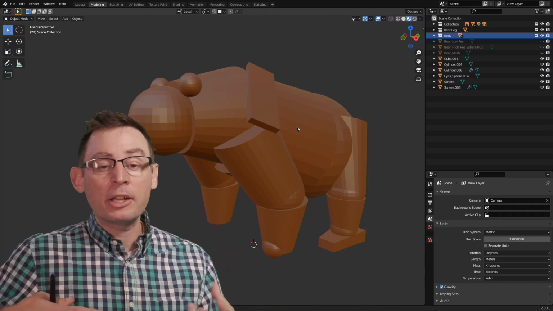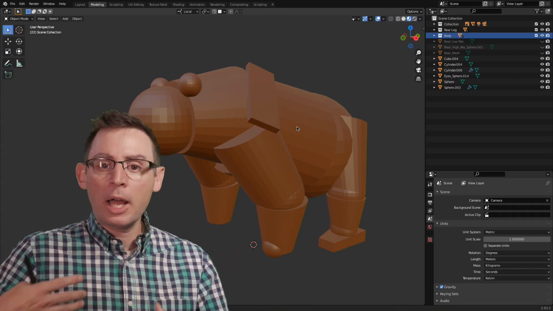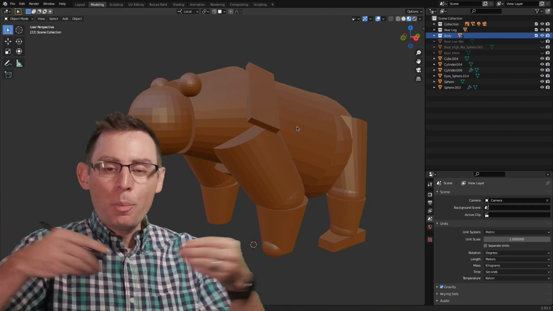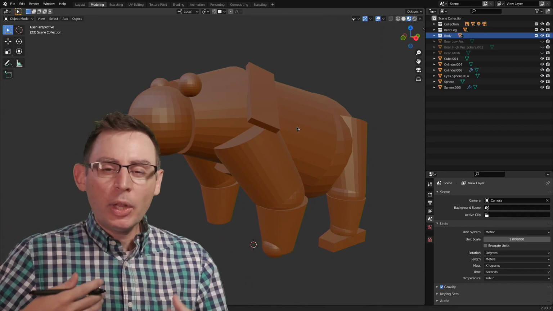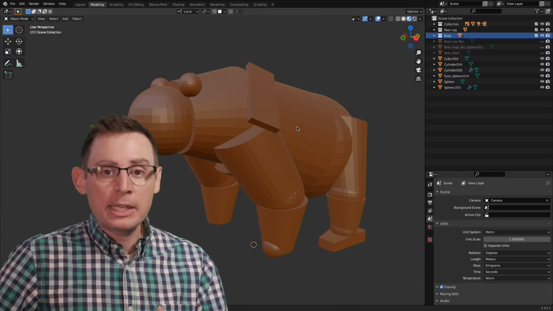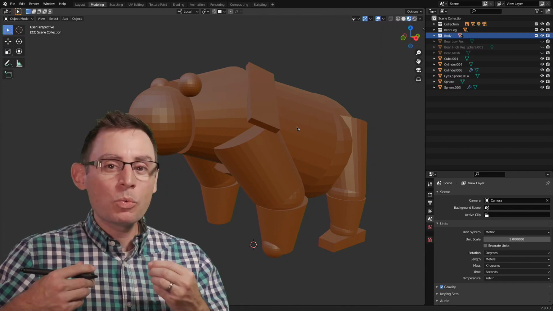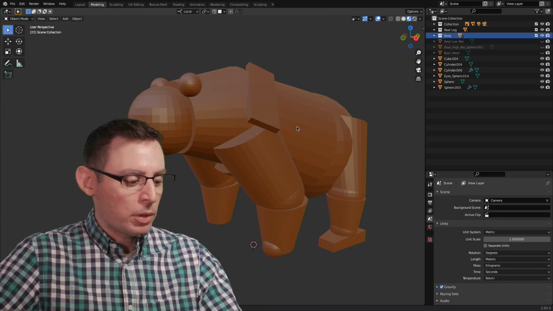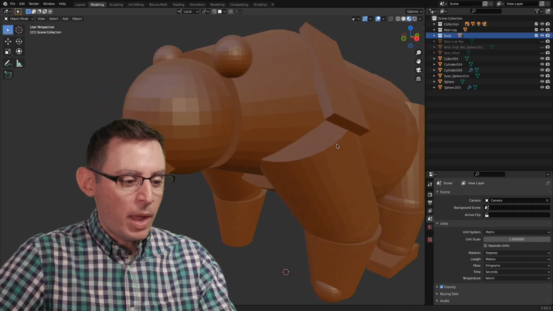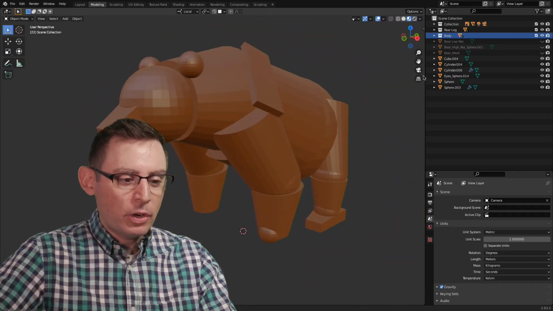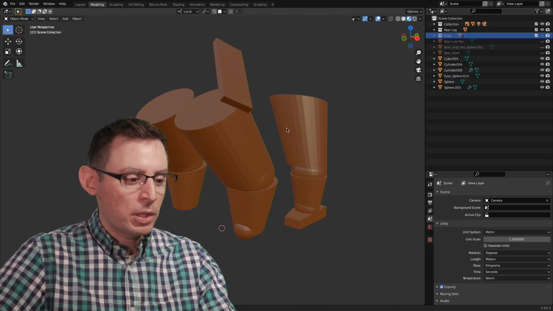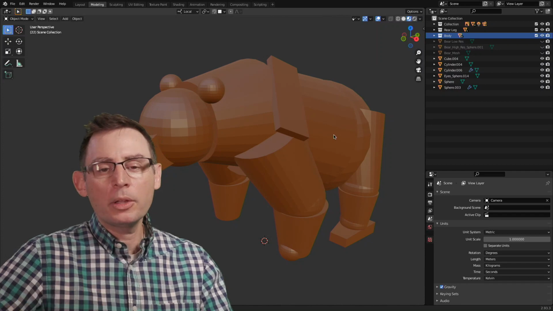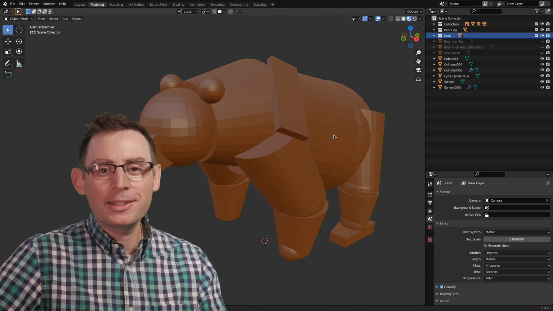So working with collections is a great way to organize your scene into logical groups, logical folders. We're not rigging anything. We're not making a physical, mechanical connection between these objects. Collections are a way for us to organize our scene a little bit more intelligently so that we can work quickly, efficiently, and hopefully it will allow us to see our object in a new way, right? I use these collections to very quickly just organize things like, okay, this is what the legs look like. Or maybe I just want to focus in on the body. It's a great way for us to quickly flush out some shapes and to organize our scenes here inside of Blender.